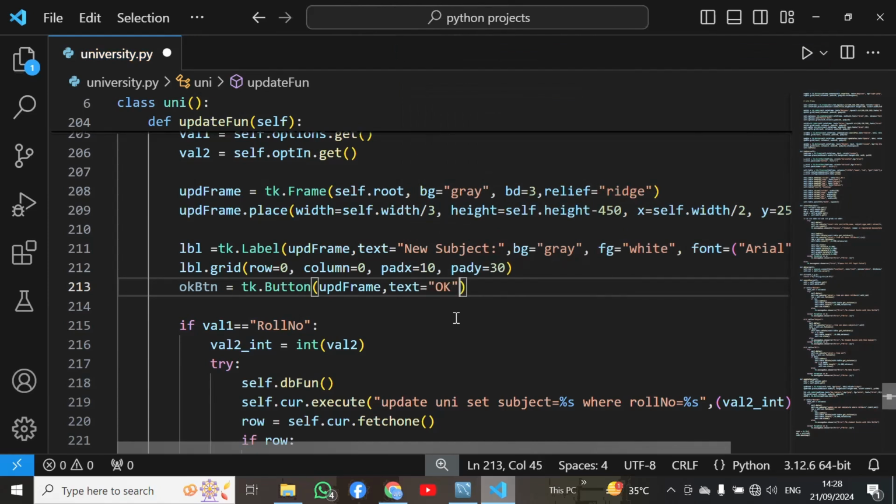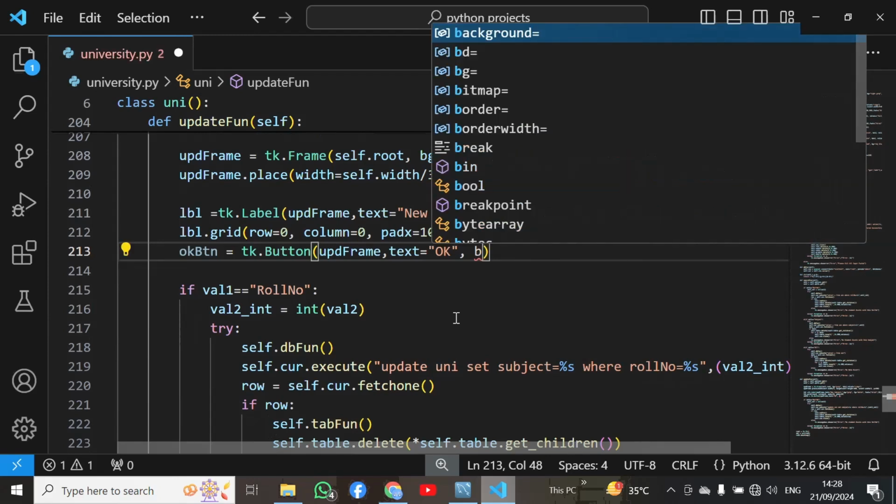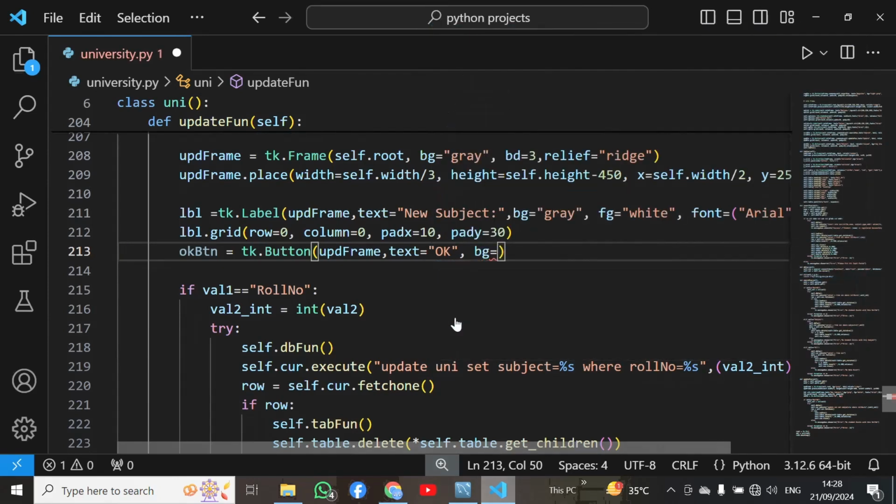I can use any color for background color. I will use the bg property, and here I will use light gray. Then I will use the border by using the bd property, and I will set the border to